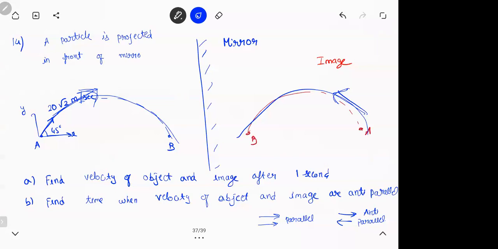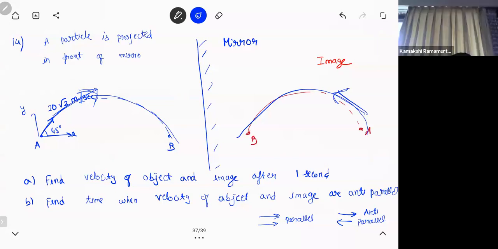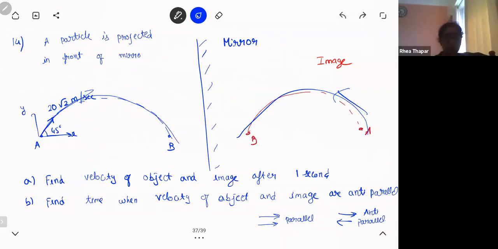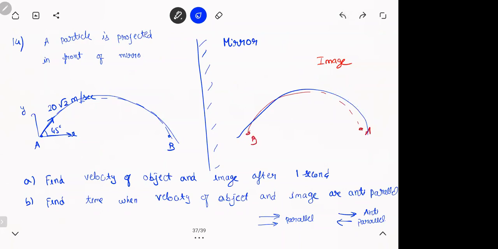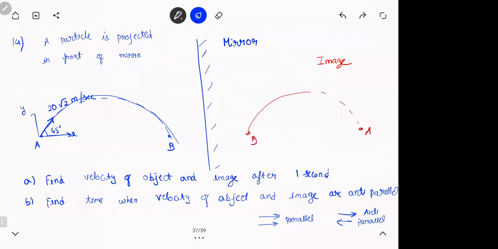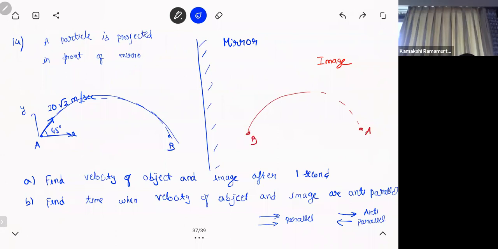I'll explain. Let others try. Find for the image also. See now. Whoever asked me, Nemi, you asked, right? See now, these are the vectors. Are they parallel? Anti-parallel? This is like this, this is like this. Not opposite, right? Opposite means they should be like this. So I'm asking, when will that happen? Kamakshi, you found the velocity of the image also? Yes, sir. Let's see. Let's give it a minute. Others try. I'll give you a minute more, then I'll show you. Then you can verify your answers.